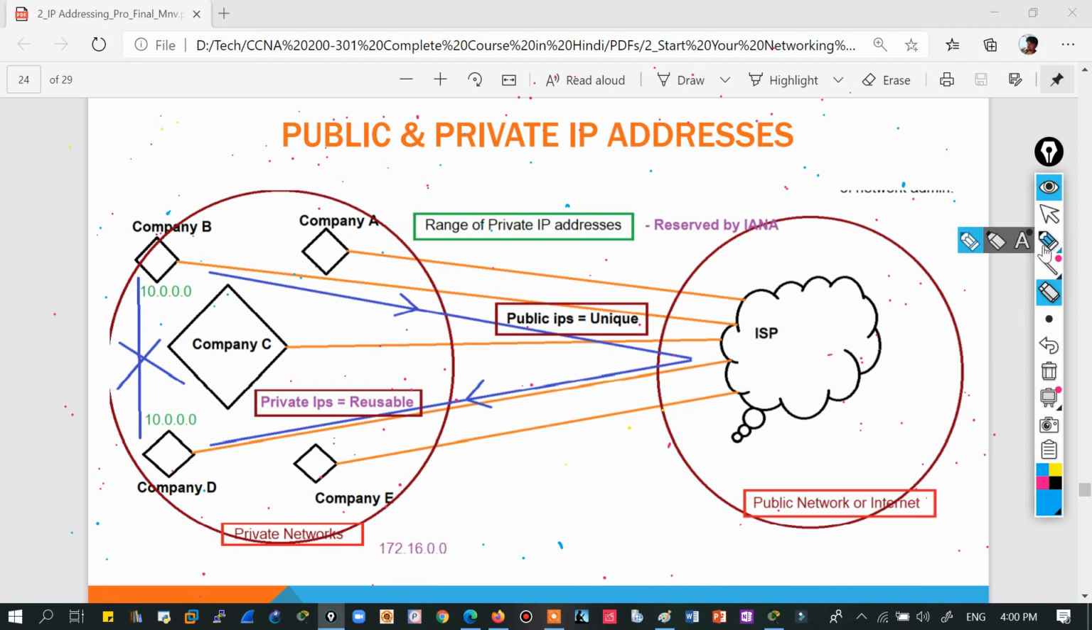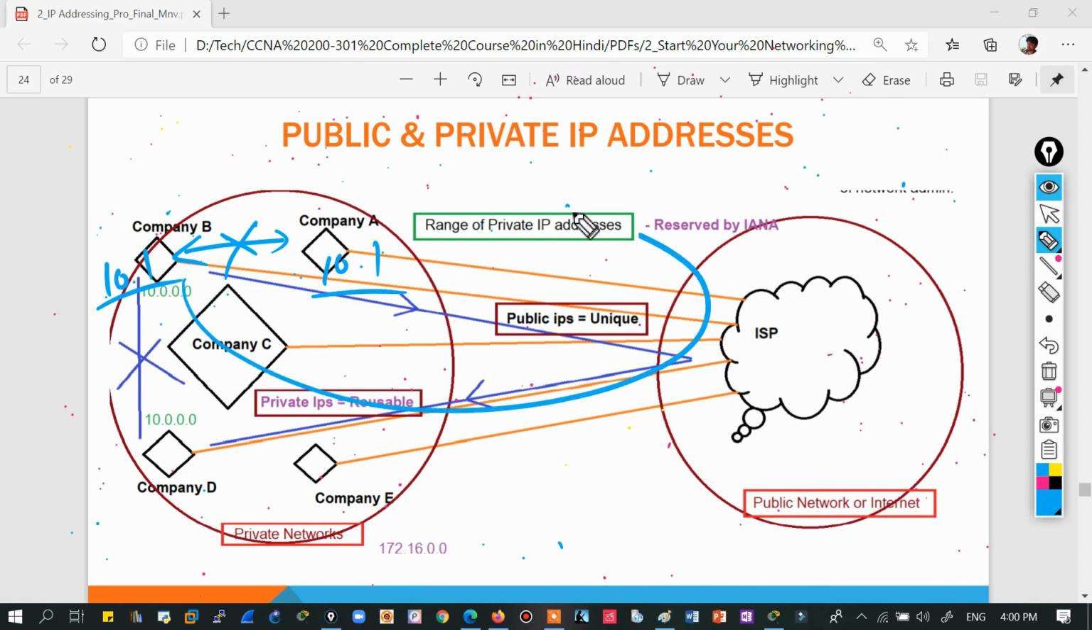Now if you say that 10.1 is being used here and 10.1 is being used here, if they communicate with each other there should be a conflict, because the same IP is being used. So they will never directly communicate with each other, because they are two different organizations and they need to be secure. So one network cannot access another network without this process. They need to be connected through the internet, and using the internet,